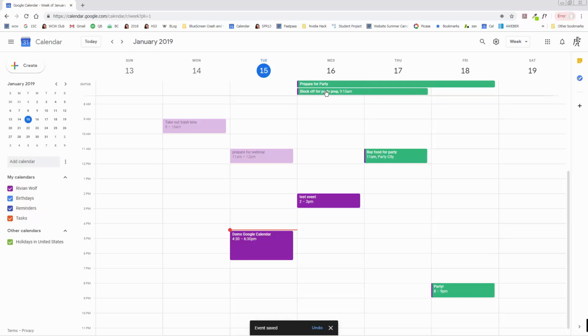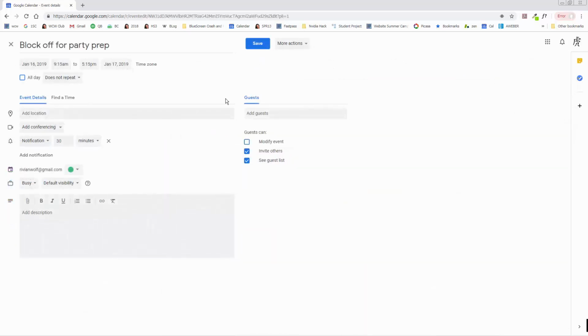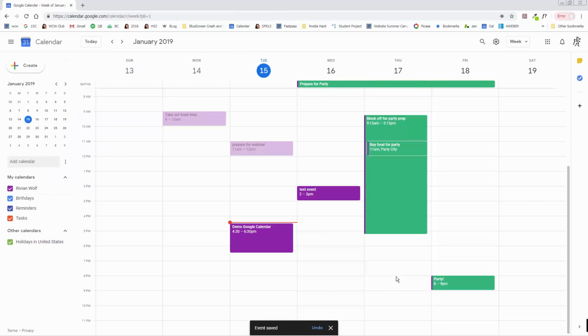Sometimes I don't really like it that way. So let me go back and put this back on the 17th. I like it more so I can see it visually this way. So this is like headlines up here and visually this way. But maybe I want to